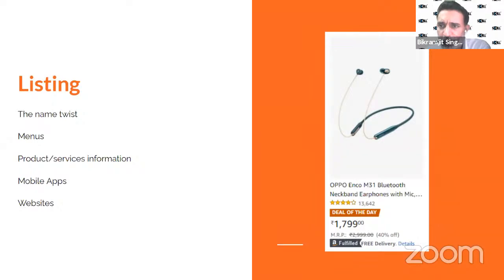So this is a complete composite picture. This type of listing is only a name twist. It is used by every app. It may be a music app or any e-commerce app. It is used in the menus. It is used in the products and services information everywhere. Where not, including the websites.